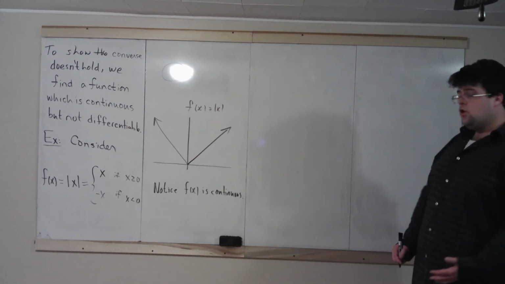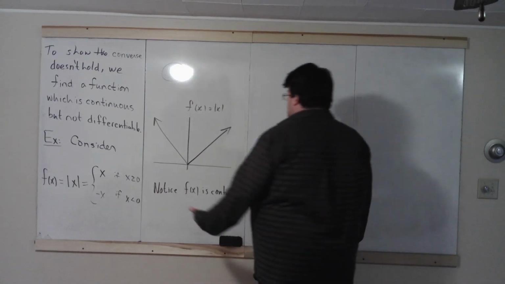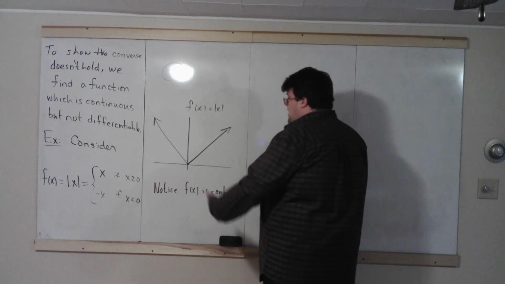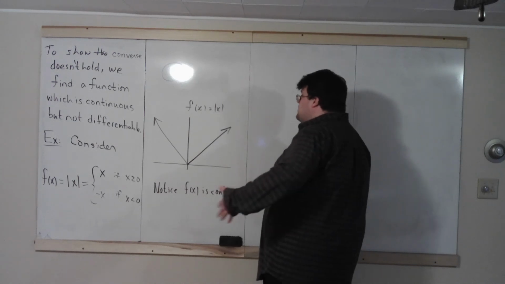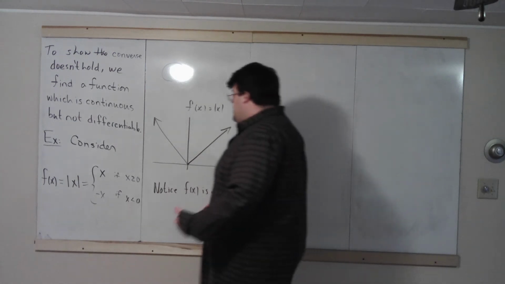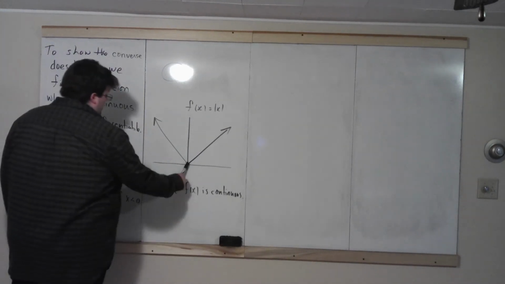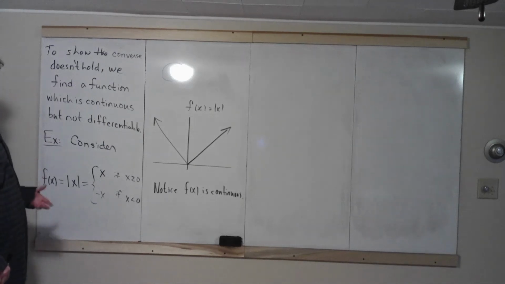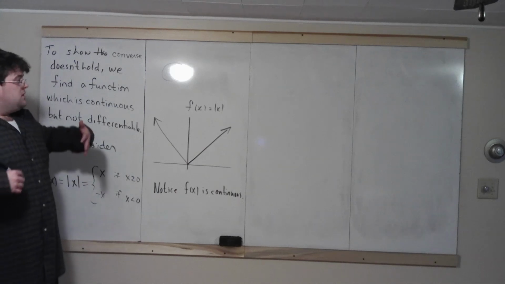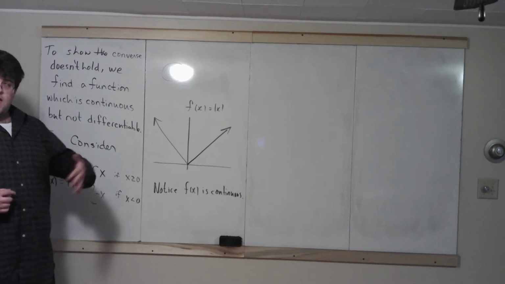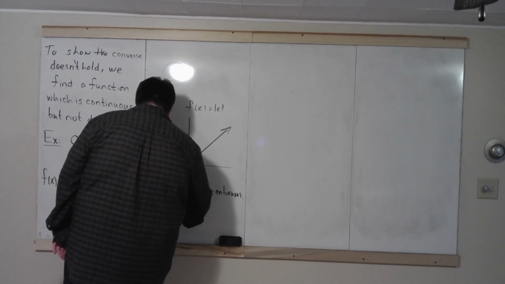We'll also show that this function is not differentiable. Now, where is it not differentiable? If you look at this curve, you may think there's one x value at which the function behaves a little differently than the other x values. And there is. So we're going to show that this function is not differentiable at x equals 0. And if we show it's not differentiable at a point, the function itself isn't differentiable. Remember, differentiable means the derivative exists everywhere. It means that limit exists everywhere. So we will show